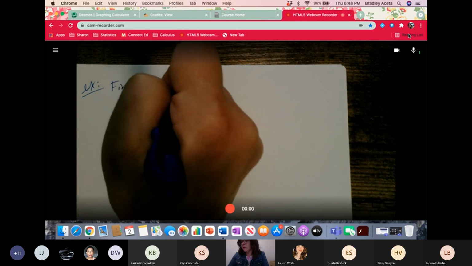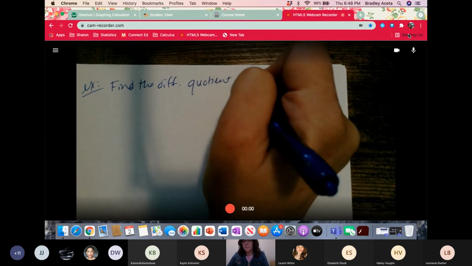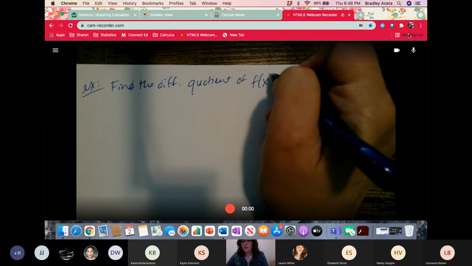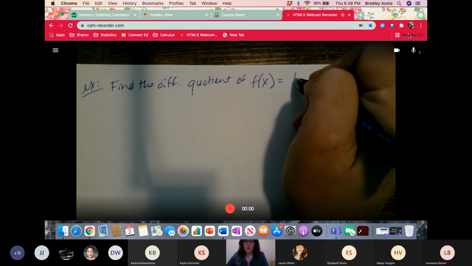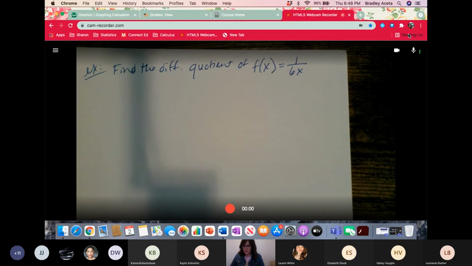Find the difference quotient of f of x equals 1 over 6x. This one no one likes, but meh. We'll do it first. Okay, so rule number 1,